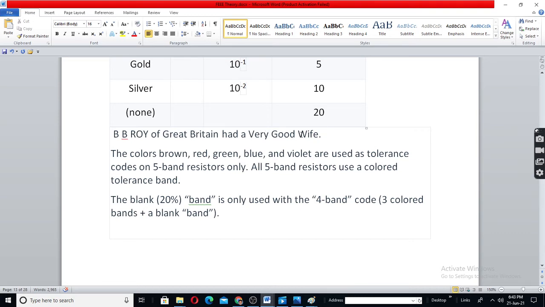So there are 10 symbols, 0 to 9. So you should remember this as a slogan